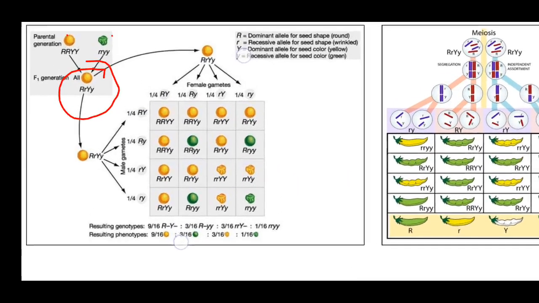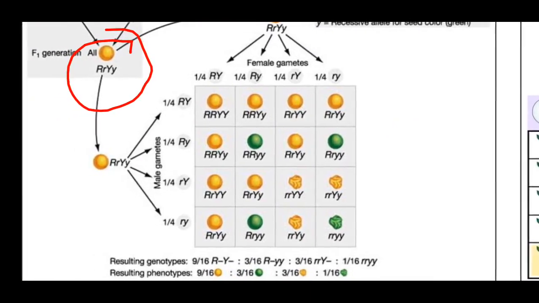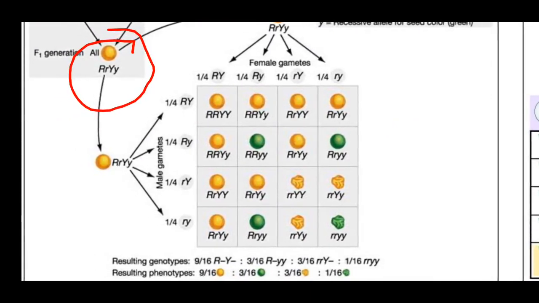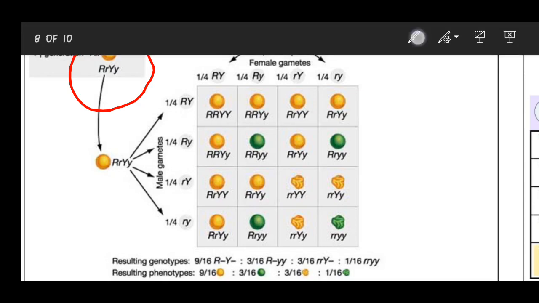So here, if I zoom in, you can see the 4 different types of gametes which are being produced, and the crosses. You can see the capital R, capital Y. Then the other one will be capital R, small y in the other possibility, and you have the small r, capital Y, and small r, small y. These are the 2 possibilities that we have.